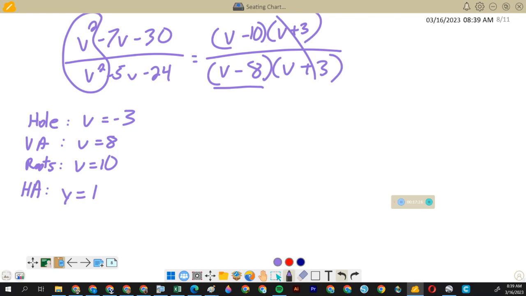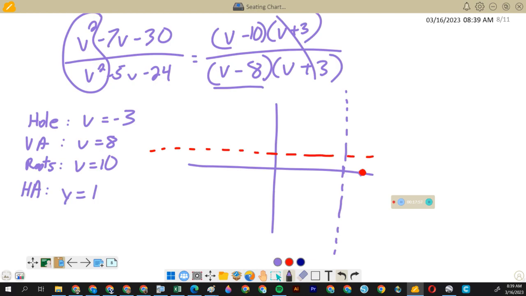Okay. So let's draw this graph. So I have a hole at -3, and I have a VA at 8. Your graph is numbered. Oh, it goes up far enough. Okay, good. And we have a root at 10. So we are going to cross the x-axis right there. And I have an HA at 1. So my two possibilities for graphs